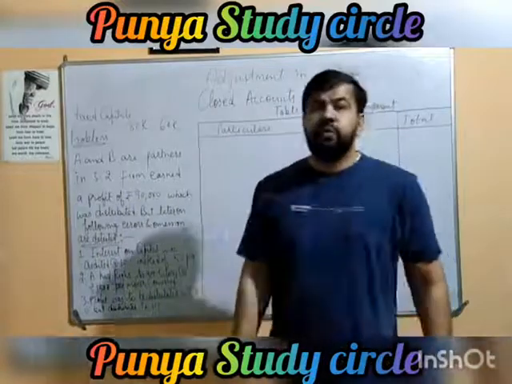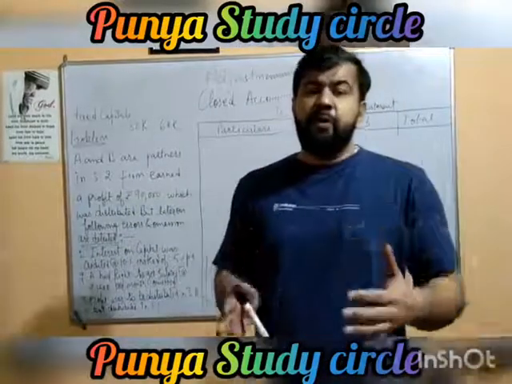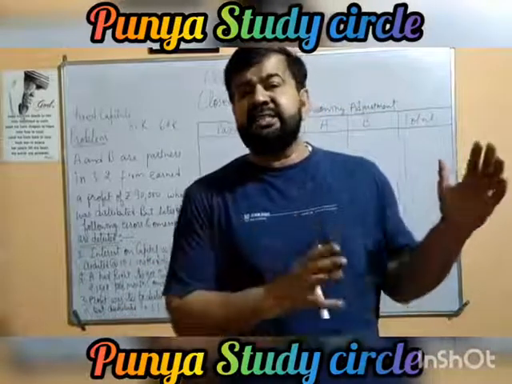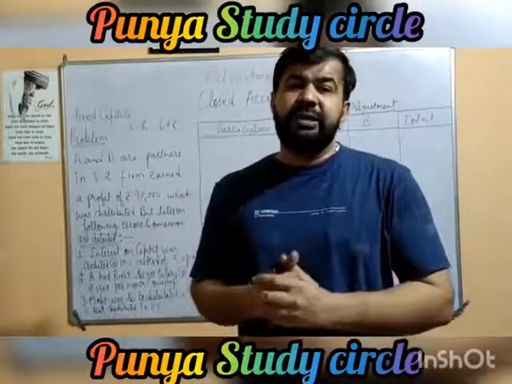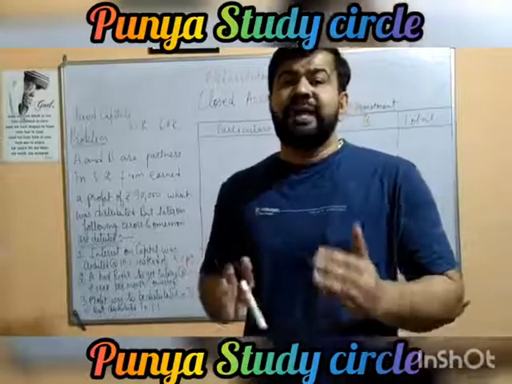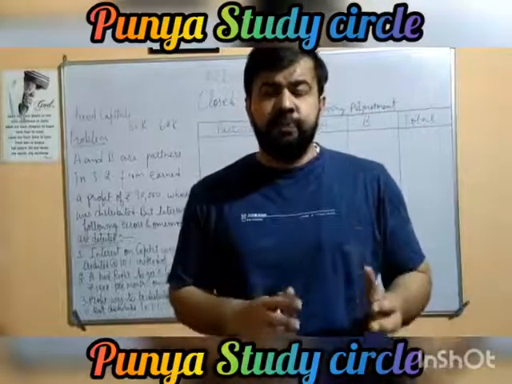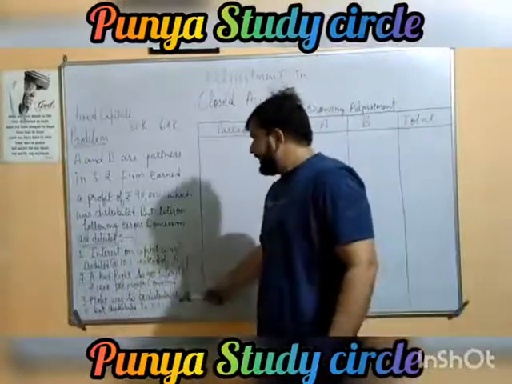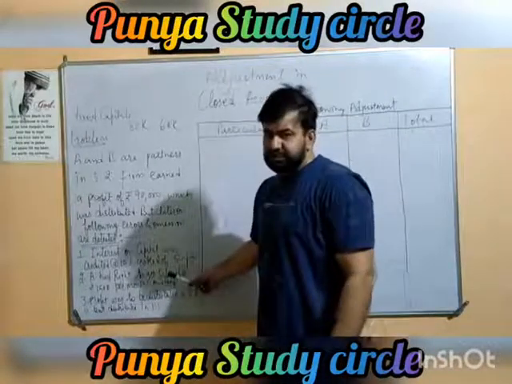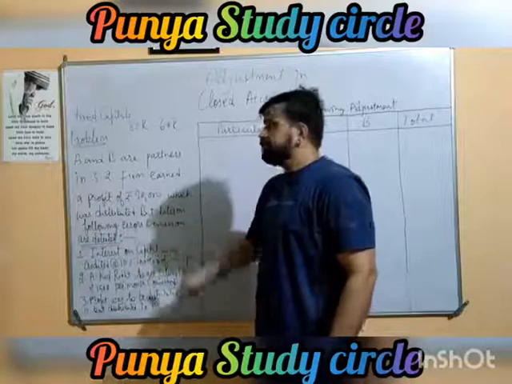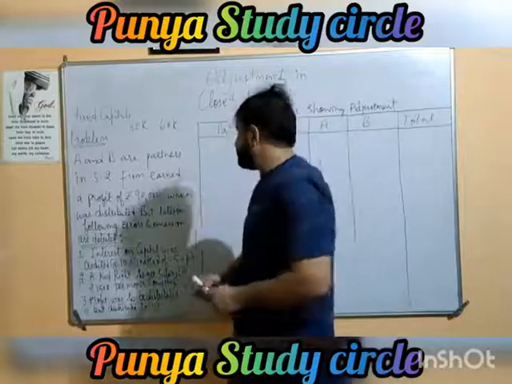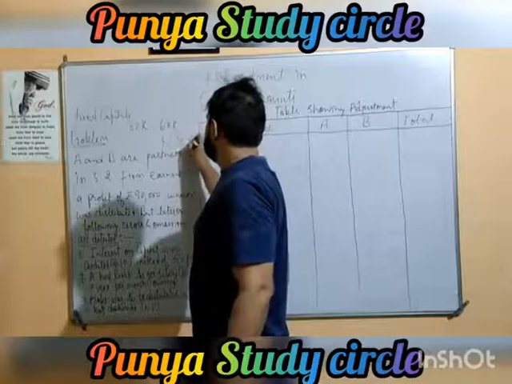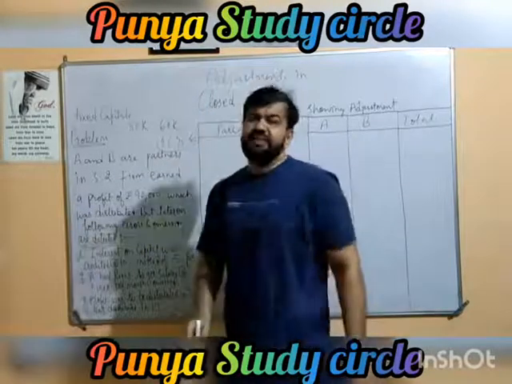The next adjustment is profit was to be distributed in 3:2 ratio, but it was wrongly distributed in 1:1. It means whatever profit had to come out after making all the appropriation and charging interest on drawings etc., that was to be divided in their ratio which was mentioned in the partnership deed as 3:2, but it was divided in equality. We had committed this error, and without giving effect to these errors, this 90,000 was divided between them in equality. That means 45,000 each. So this was wrong division of profit.